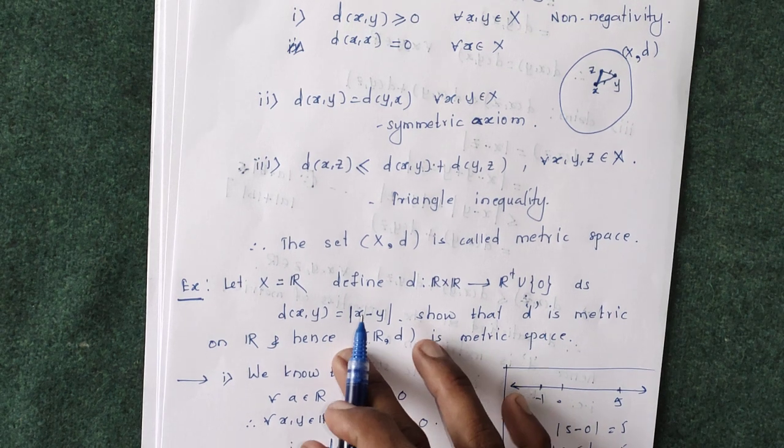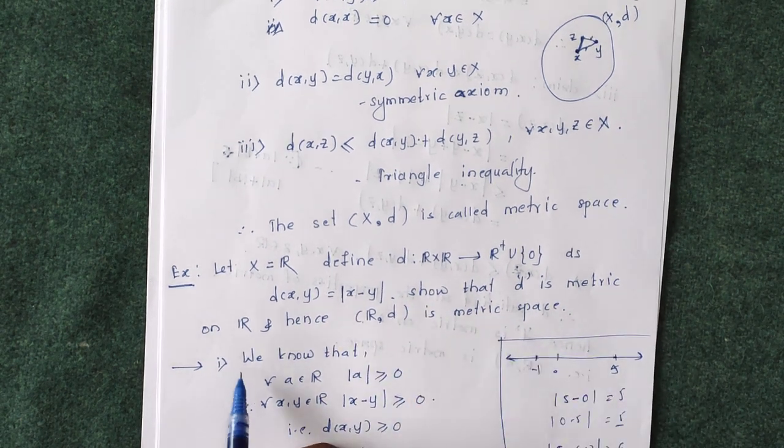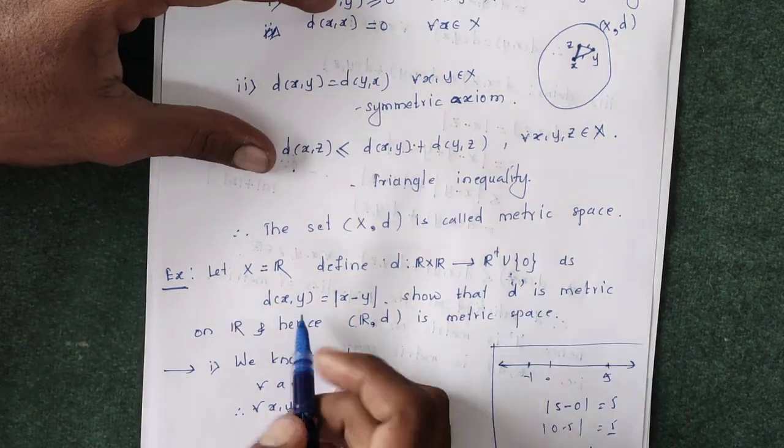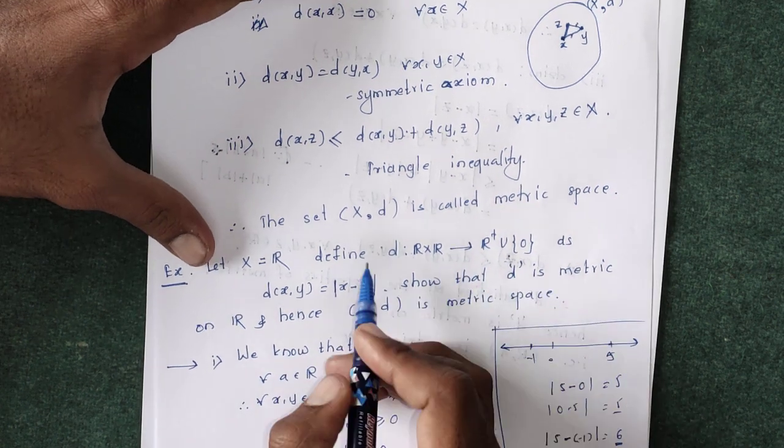We will write one note after this example. We have to show that this D is a metric on R. First of all, we check the property of non-negativity. To show this is a metric, we have to show that the